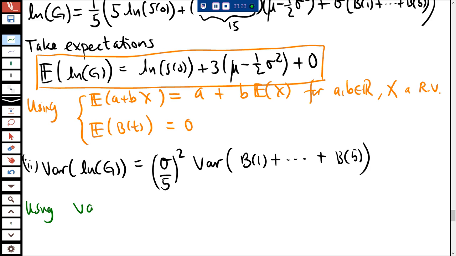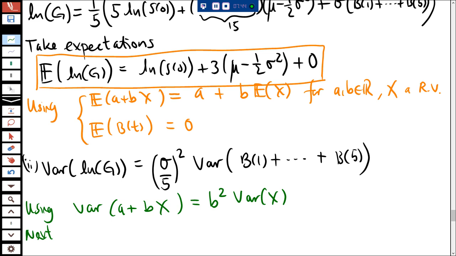I've used the variance of a constant plus a constant times a random variable. The first constant, a, disappears, and the constant in front of x becomes squared. I'm just using this rule. There's no obvious rule for the variance of the b's,